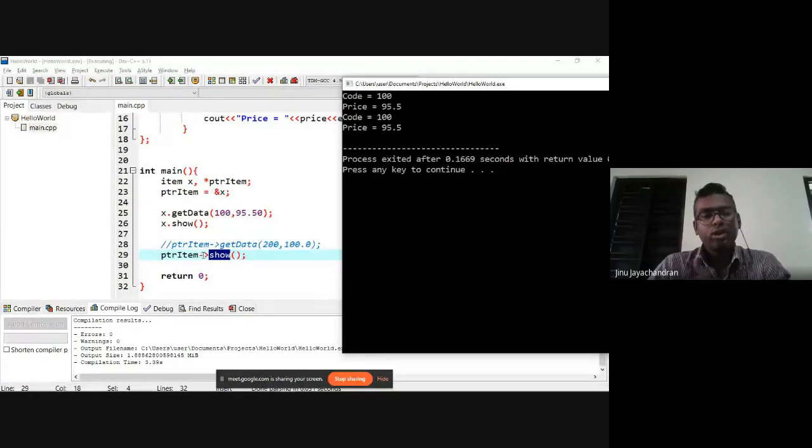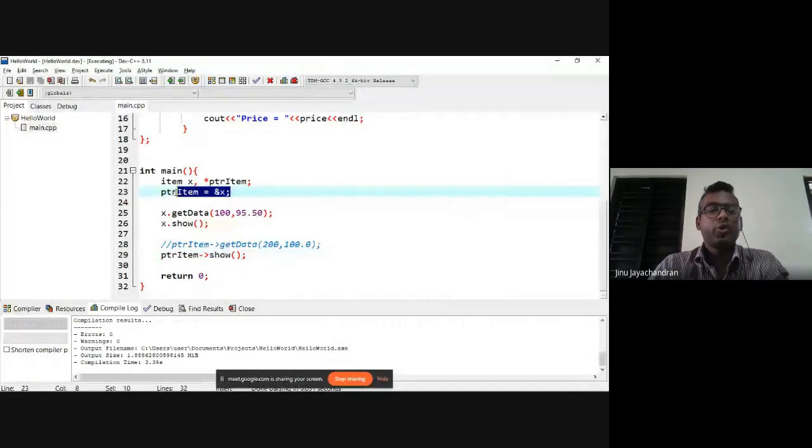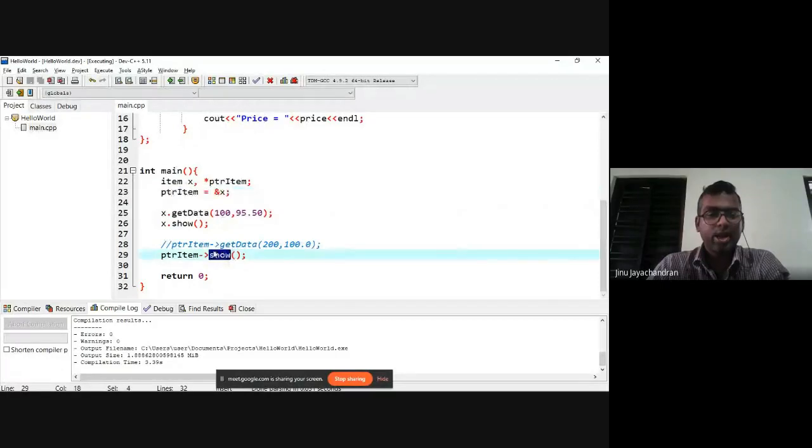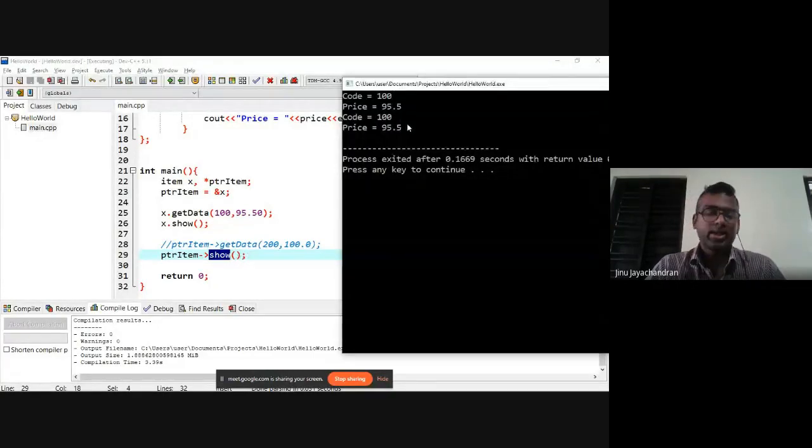Because ptr item is pointing to x, when I say ptr item arrow show, it is basically x dot show, and it will print the values we have already put in.